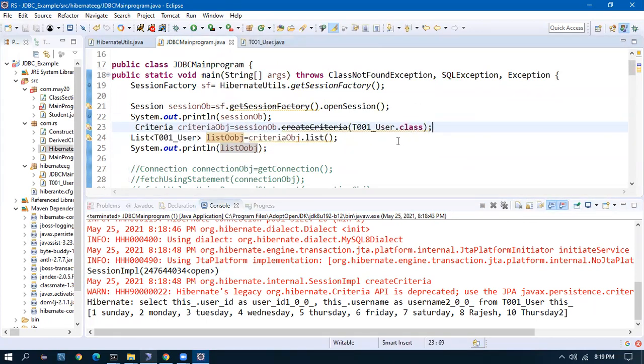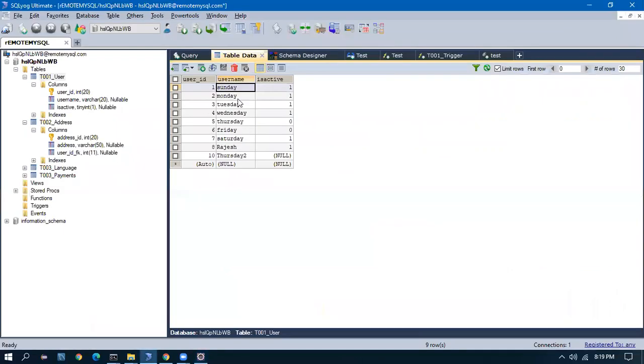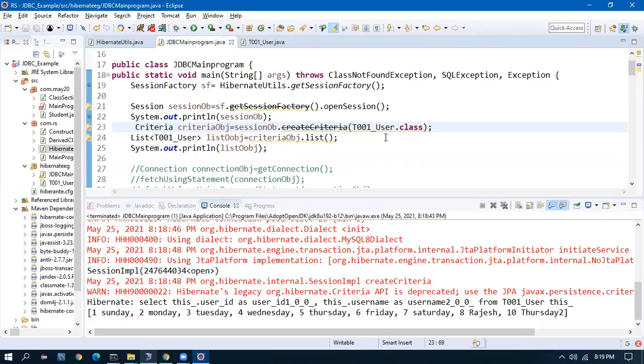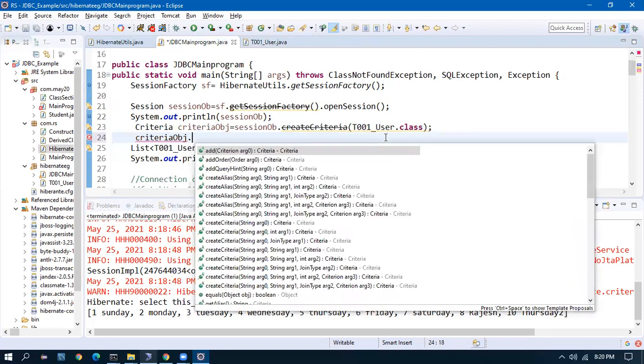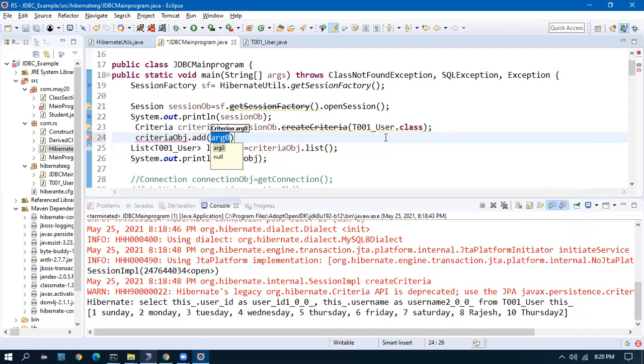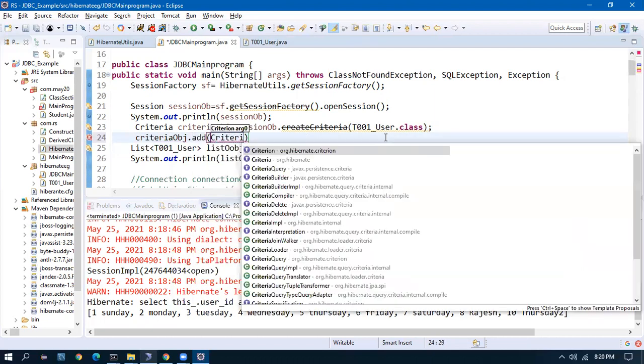Now I want to add a condition. Like fetch me the records which have username Sunday. In that case, criteria object dot add.